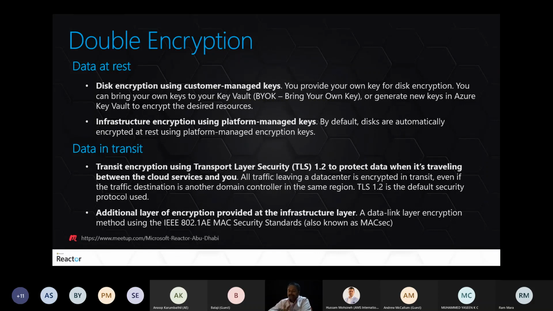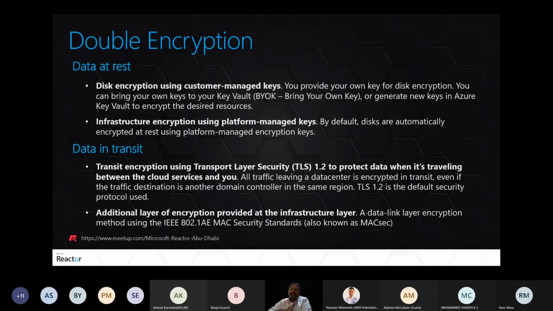To put it simply, most of us have two-factor authentication for a secure login. Nowadays, after providing your password, we may provide a soft token or get an OTP by SMS or email. It's equivalent to two-factor authentication. We're talking about double encryption. Let's say the data is at rest and you want to do double encryption. What is double encryption? By default, Azure does the encryption with its platform managed keys.